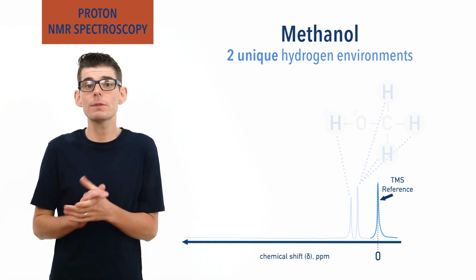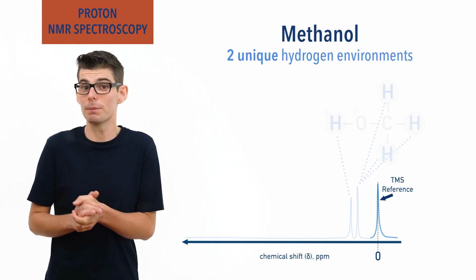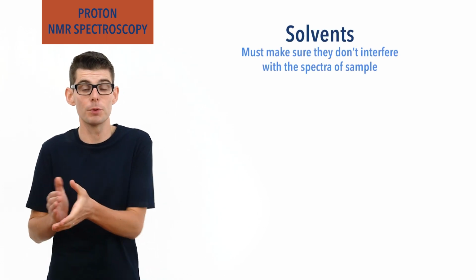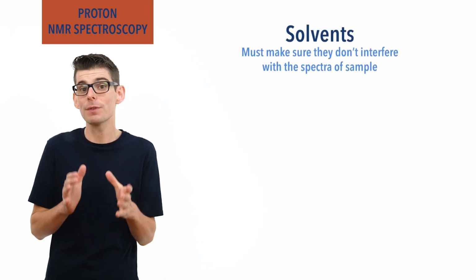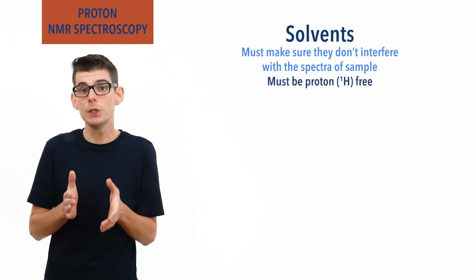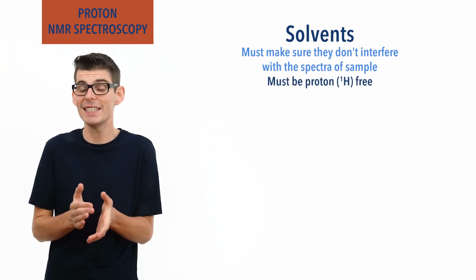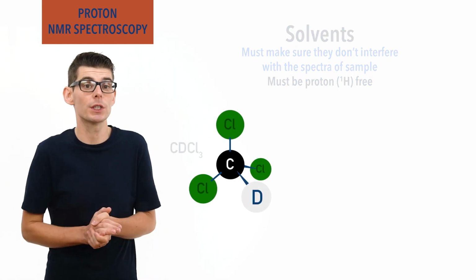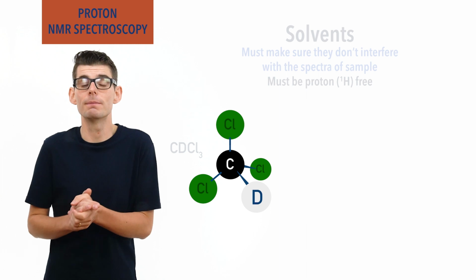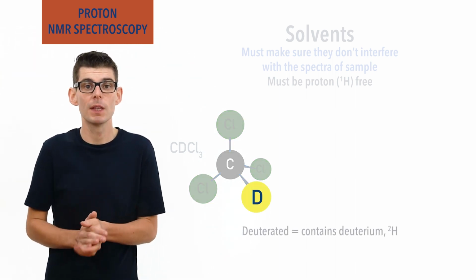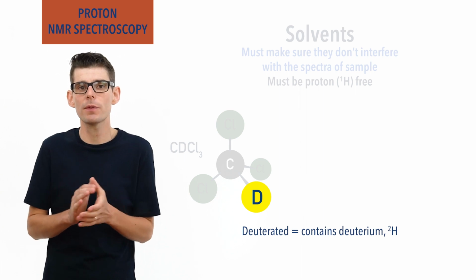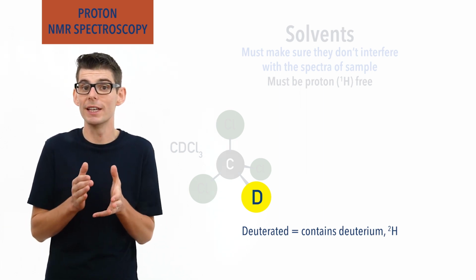It's important to make sure the solvent used in Proton NMR spectroscopy won't interfere with the spectra produced. To get around this, the solvent must be proton-free. Deuterated solvents such as CDCl3, deuterated trichloromethane, are used. Deuterated means contains deuterium. Deuterium, or heavy hydrogen, is an isotope of hydrogen that has a neutron in its nucleus